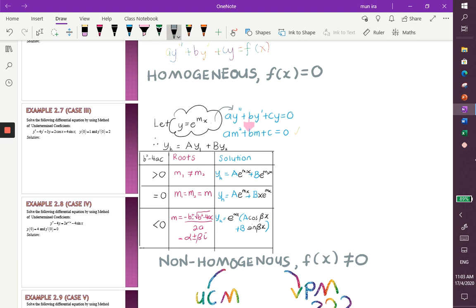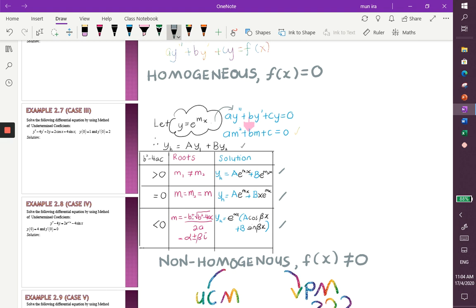If b² - 4ac = 0, you have two equal roots, so this is your solution. If b² - 4ac < 0, you have two complex roots. It is good if you can apply the formula to find the roots instead of using your calculator, and then this is your solution. Note that the solution of your homogeneous equation has these three forms, and this form is actually